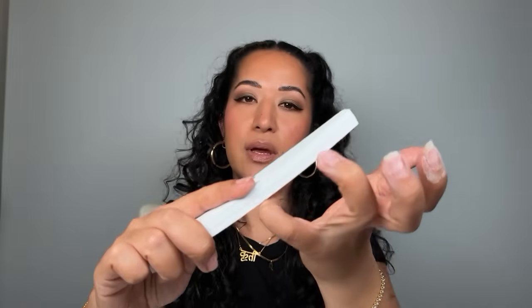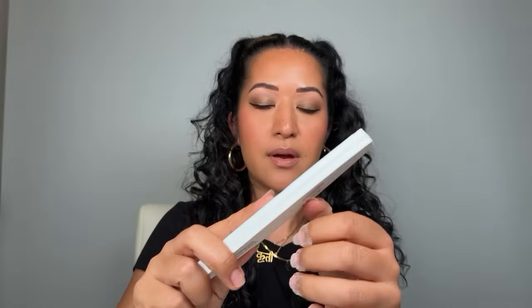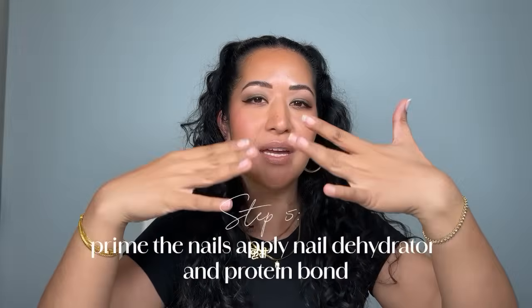I think the misconception that we have after going to the nail salons is being super rough with our nails, but that's why I like doing my nails at home. I can be nice and gentle with my natural nails so they don't get damaged. I wash my hands to make sure all the dust is off, and now we are getting ready to prep